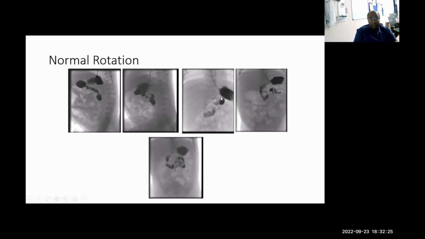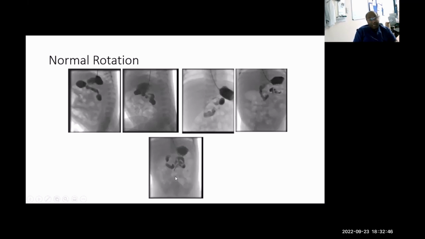You can see that this is the DJ flexure, and it's at the same level as the pylorus. And the proximal jejunal loops are seen falling onto the left side. Sometimes, a word of caution, the first jejunal loop can fall off to the right side, followed by the rest of the jejunal loops on the left side. If I see the proximal jejunal loops on the right side, despite it being retroperitoneal, despite it being at the same level as the